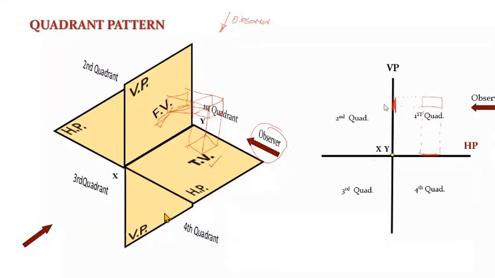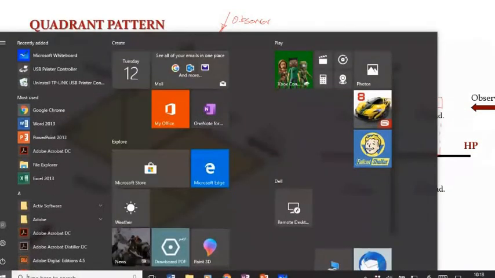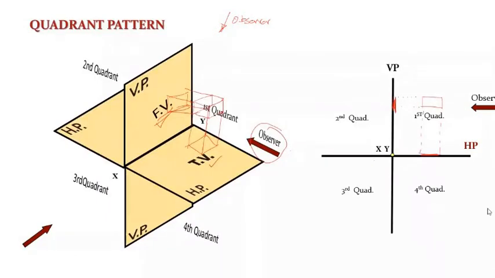So any doubts till this? No, sir. If you have a doubt, you just try to clarify that, because I'll be adding concepts from this as the base. Okay. So next, instead of this first quadrant, if I place my object in this second quadrant, somewhere like this. Okay.